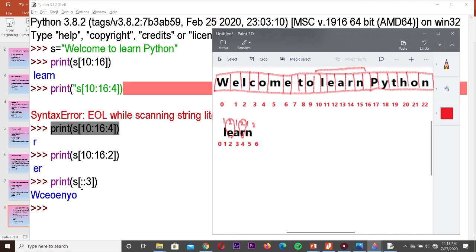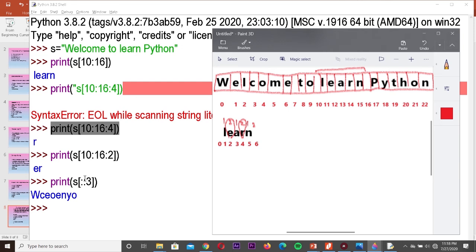Okay, next print S. We have not mentioned the index; instead of mentioning the index they are given as colon. That means the first index is missing, the second index is also missing, and the third is given as the stride value. If both indexes are missing, it will take the entire thing. The default value for the first index is 0.